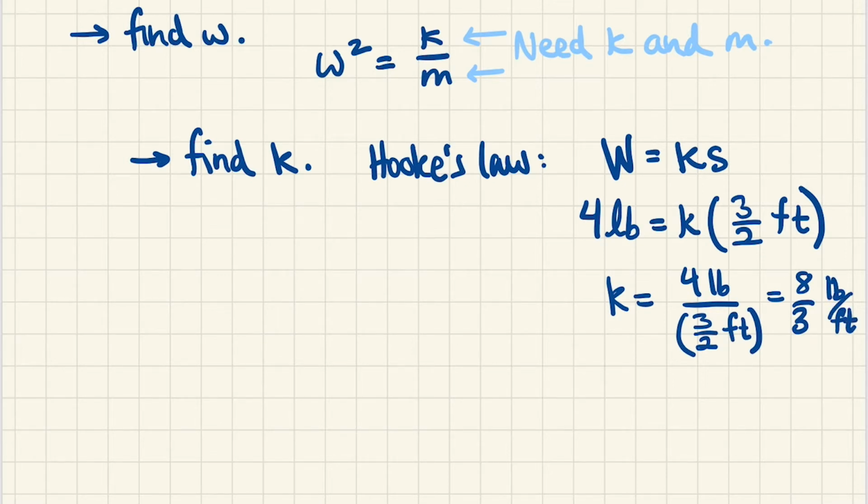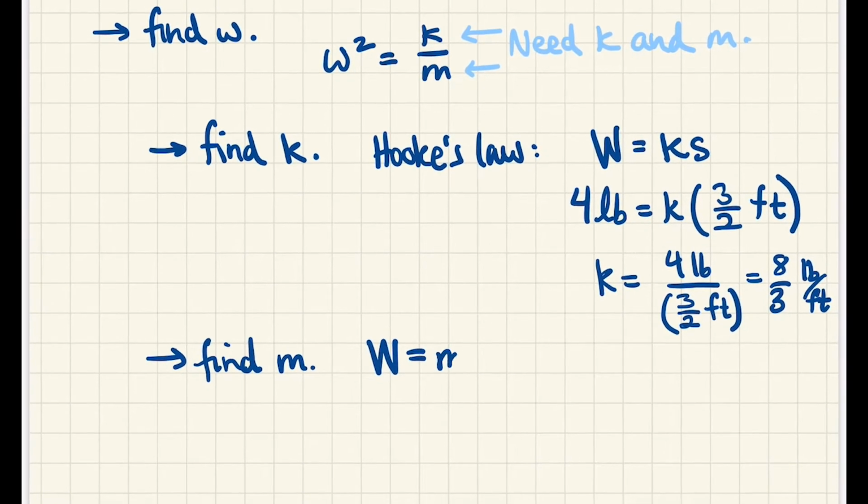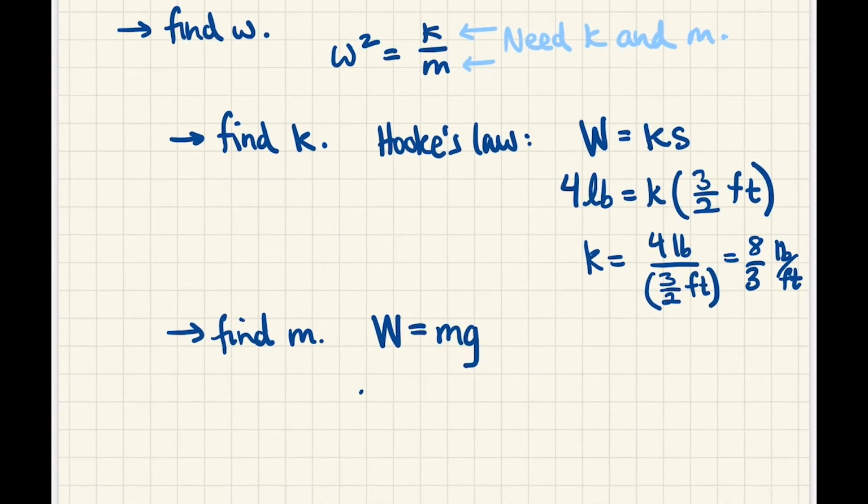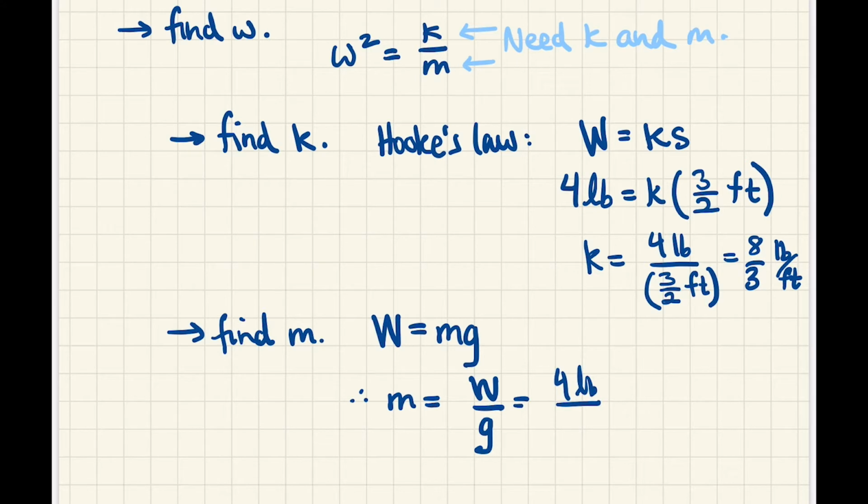All right, we also need to find m. So we know that the weight is equal to m times g. So here m will equal the weight divided by g. And the weight, of course, being 4 pounds, and g being 32 feet per second squared. Again, in the US system. In the metric system, of course, it's 9.8 meters per second squared. So this gives 1/8 of a pound